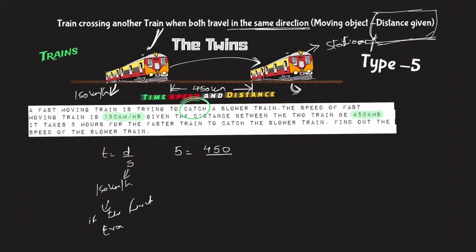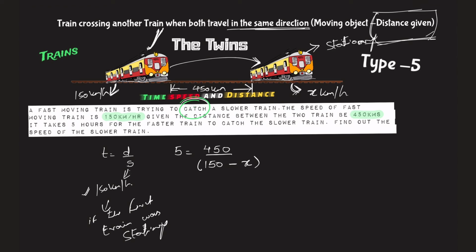Right? But what is the thing? It is not stationary, so it is also moving. And what do we write the resultant speed then? It will move by 150 kilometers in 1 hour, but it will be subtracted from the speed of the next train, because the next train is also moving ahead by certain kilometers in 1 hour. So x kilometers per hour, let that be the speed of this train. If the first train was stationary I would have written 150, but this is also moving, so it is actually a subtraction of the two speeds.